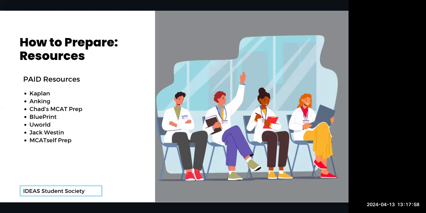Chad's MCAT prep. This is something I found out a bit later from a resident doctor. This is extremely helpful. Chad is one of the people working for ASU, and you might have already had him for a couple of courses, or noticed that for ASU he gives a lot of free courses, but he has a specific MCAT prep. This is paid for, and I think for all subjects it's around 60 a month. And it's content review.